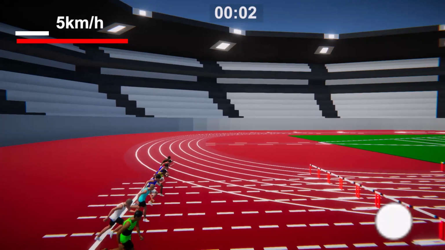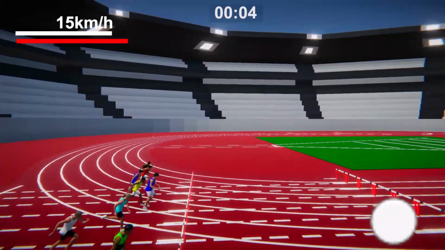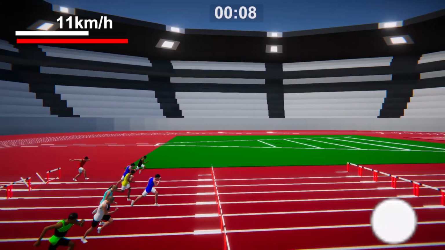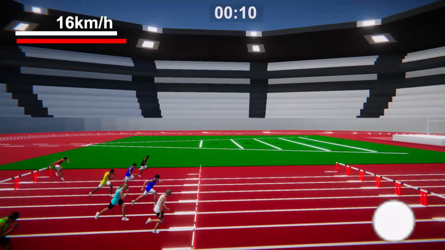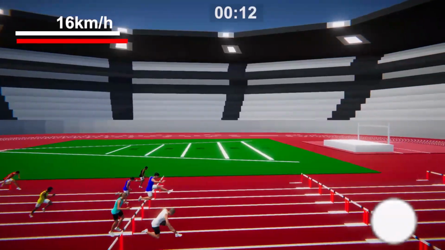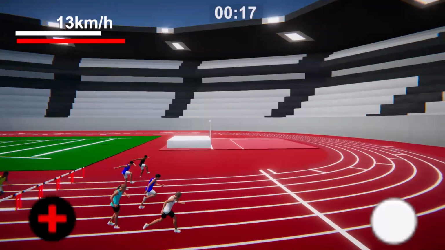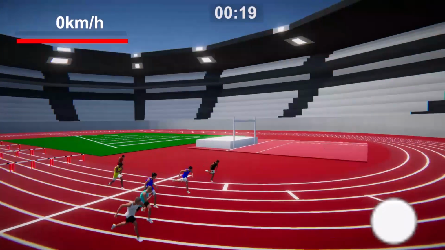After working on the javelin event, I moved back to work on the hurdles mode again to accommodate the new camera angle, and all I did was just adjusting the animation and also made some changes to the movement of the athlete. So for now, these are all the changes that I've made to the game since the last video,